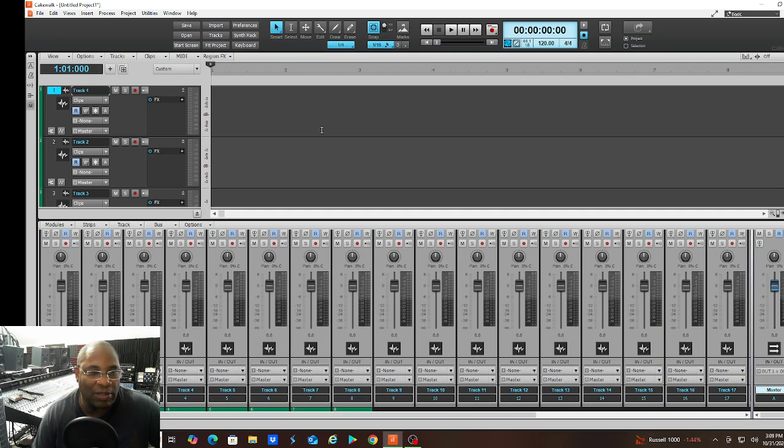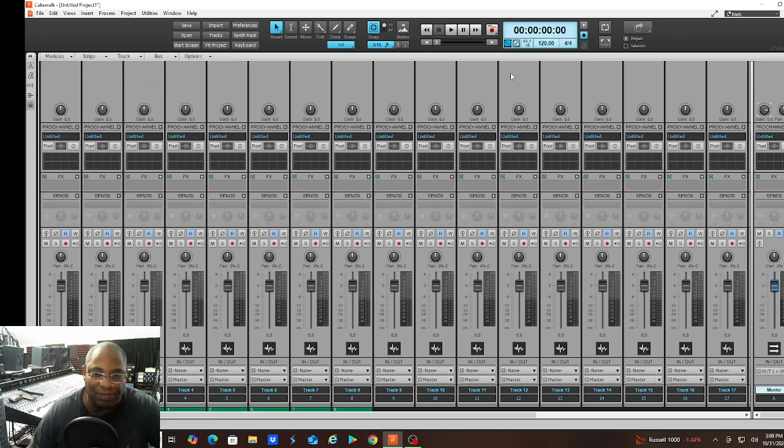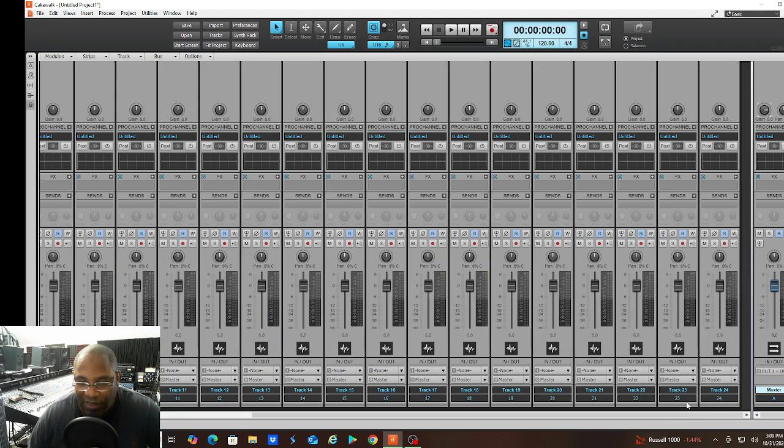But we are going to talk about the mixing console. So now you can see here, I'm just going to open this mixer window all the way up. So now we got a full-fledged mixer. We got one, because I created 24 tracks. It made 24 channels of my mixing console, and like I said, I got rid of those other buses, but